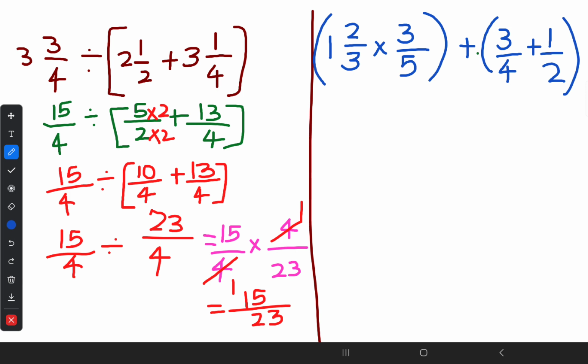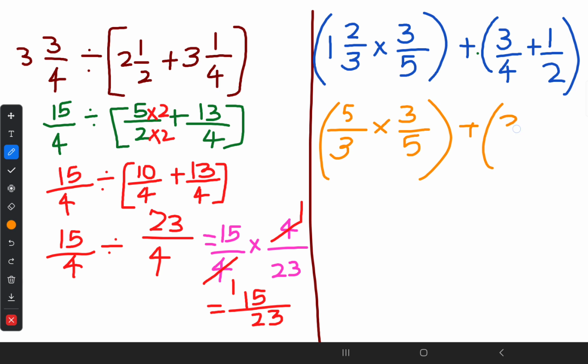But the question on the right side, that's a different question. Okay, there are two fractions. There are two brackets. Okay, two pairs of brackets. So according to the BODMAS rule, we know that you should do the bracket operation first. Here there are two brackets, no? So that means you should do both of these brackets separately, simultaneously. Let's convert them. It will become 5 over 3 multiplied with 3 over 5. 3 over 5 plus this is 3 over 4 plus